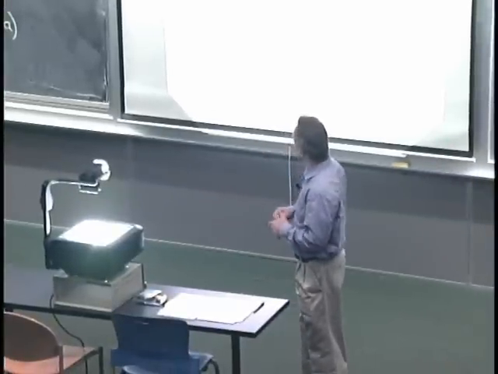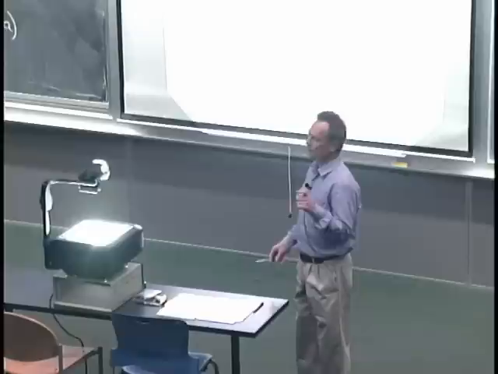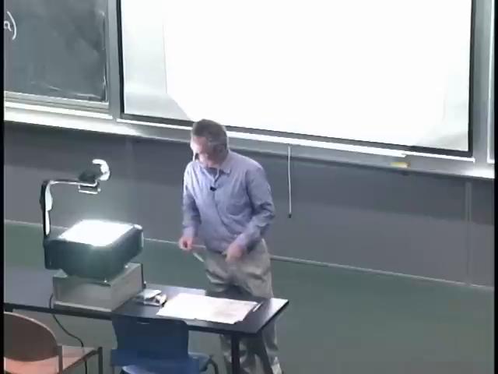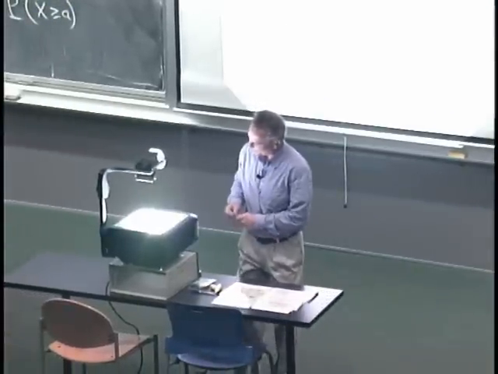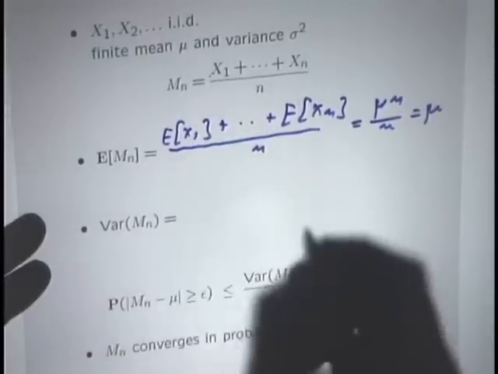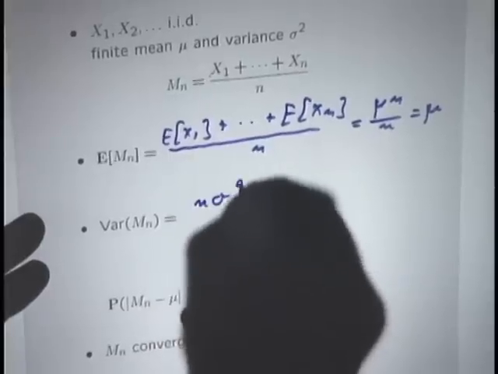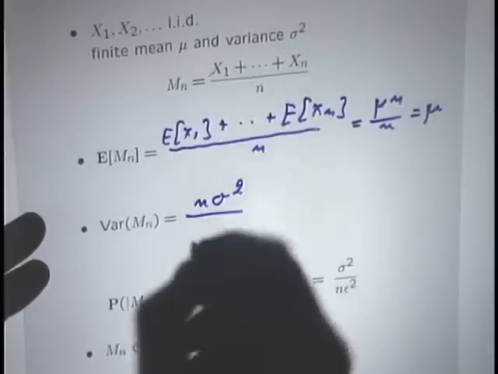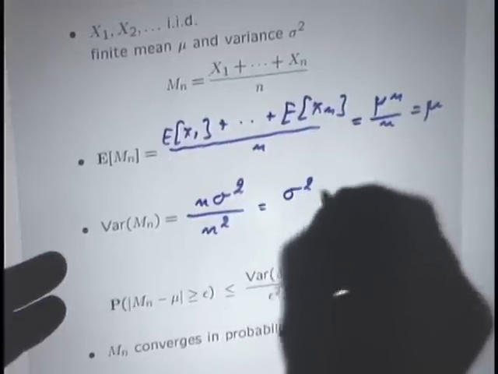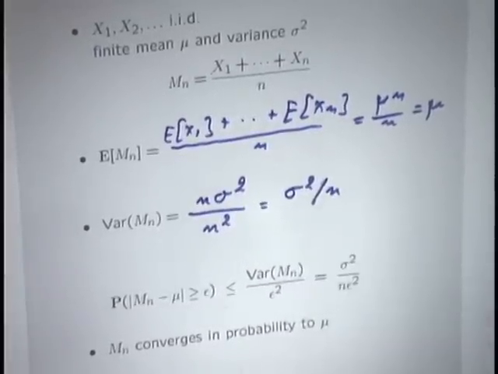And of course, the other thing to always keep in mind is that expectations give you numbers, whereas the sample mean is actually a random variable. All right, so this random variable, how random is it? How big is its variance? So the variance of a sum of random variables is the sum of the variances. But since we're dividing by n, when you calculate variances, this brings in a factor of n squared. So the variance is sigma squared over n. And in particular, the variance of the sample mean becomes smaller and smaller.